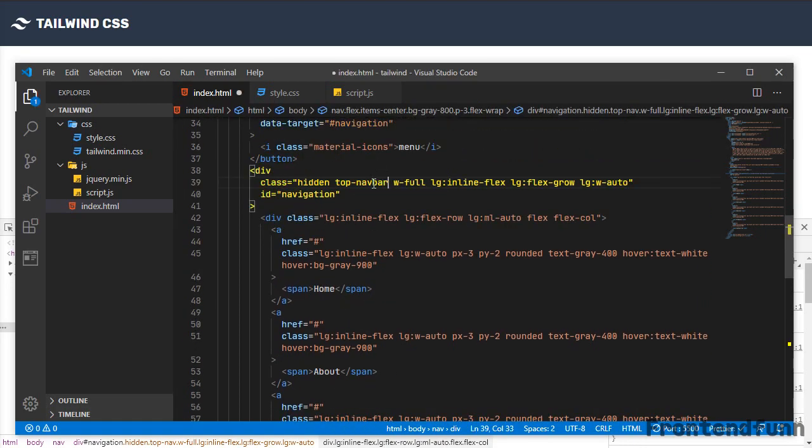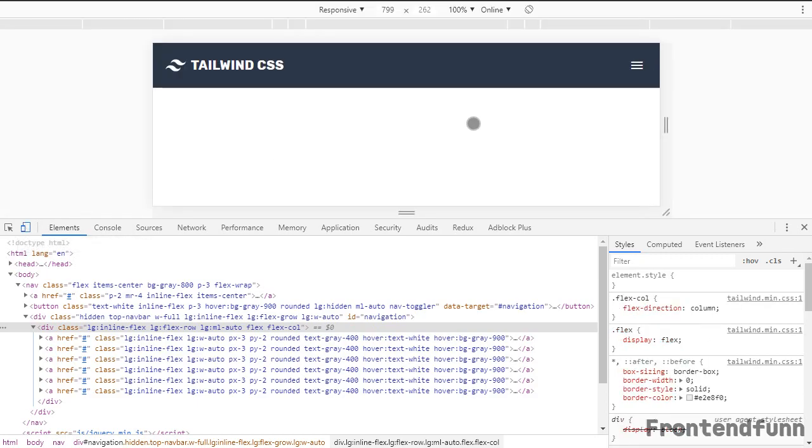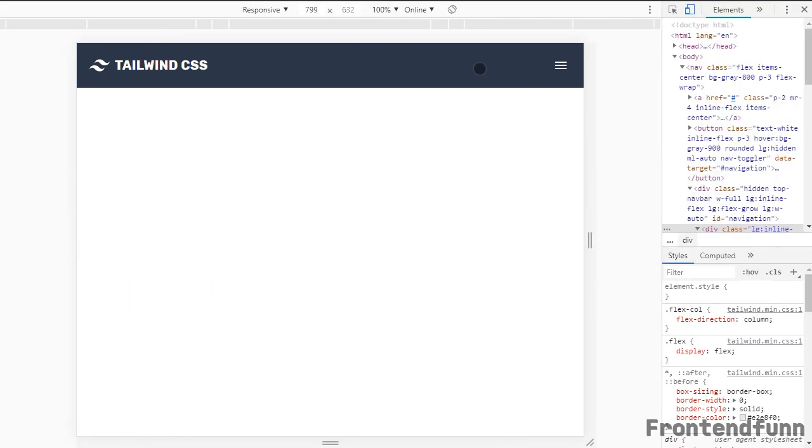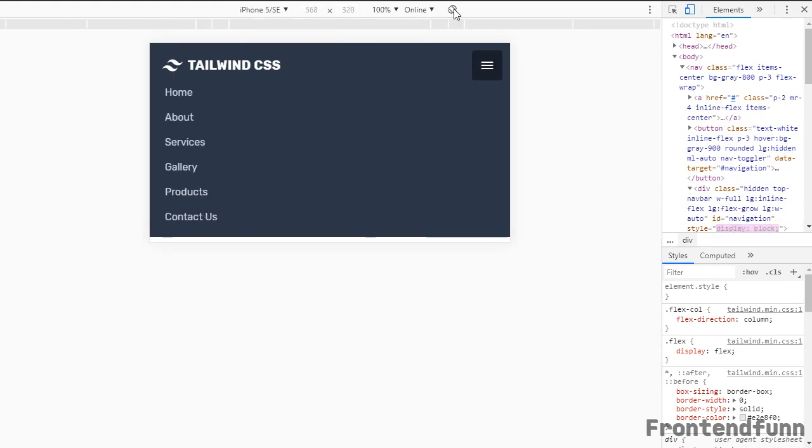Okay, so on the large screen devices, the menu is still visible, and when we switch to the mobile screen, we still have the toggle effect here.